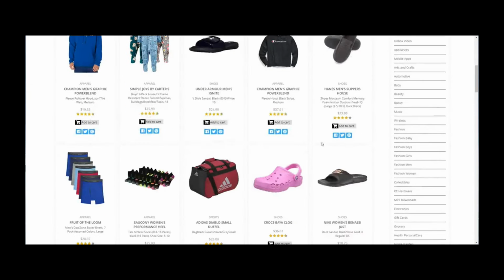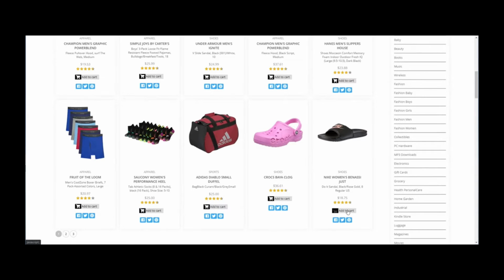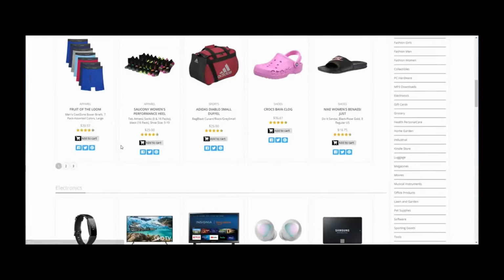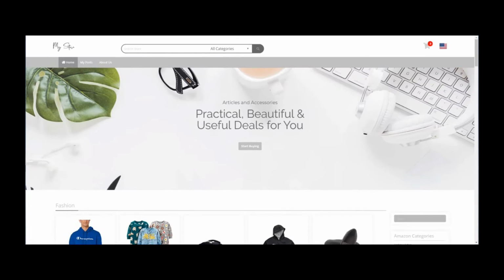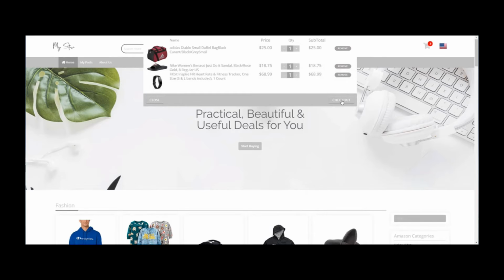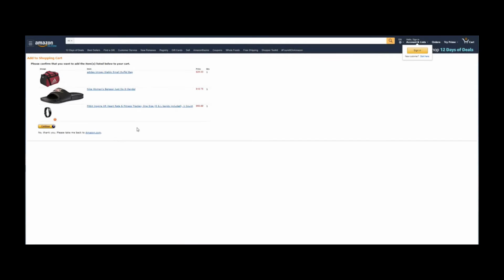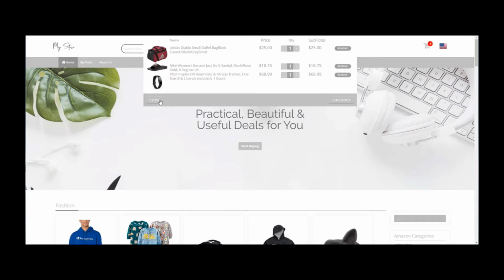Okay, so for example, if the visitor selects this watch, then they have the cart with the products, and they go to checkout, and you have the 90 days cookie, that with this cookie you have commissions for all the products the person buys in the first 24 hours. So if now they want to buy something more, you get commissions for all, and 90 days waiting until he buys some of these items. So there's a lot of potential to really